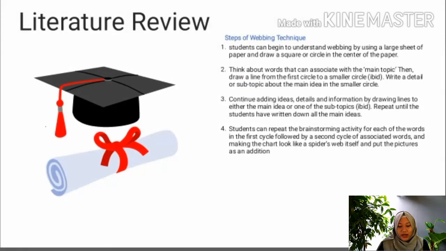Continue adding ideas, details, and information by drawing lines to either the main idea or one of the subtopics. Repeat until the students have written down all the main ideas. Fourth, students can repeat the brainstorming activity for each of the words in the first circle, followed by the second circle, to associate words and make the chart look like a spider's web itself, and put a picture as an